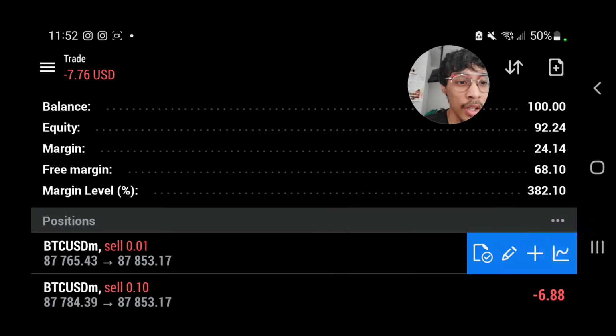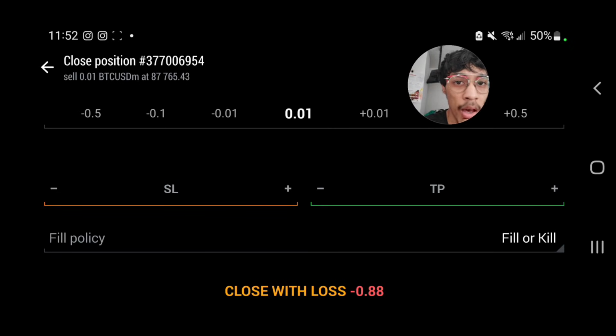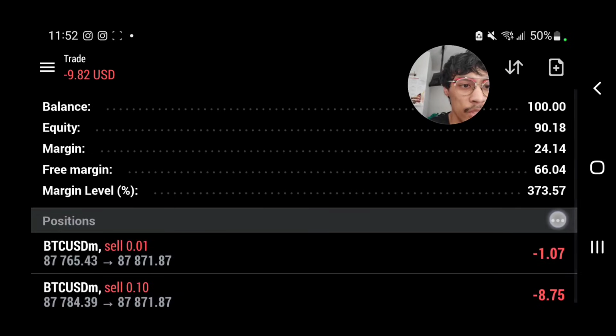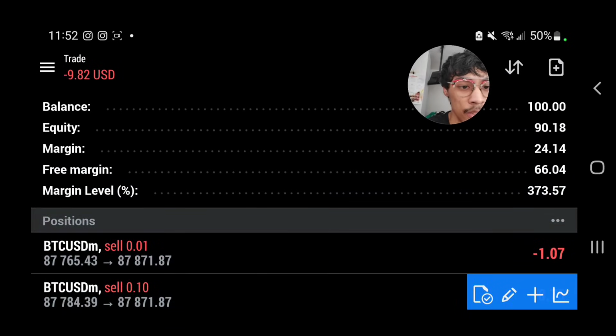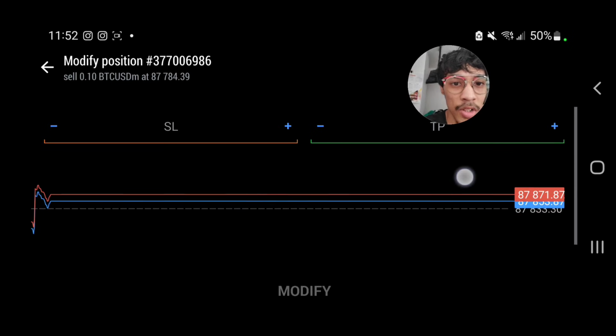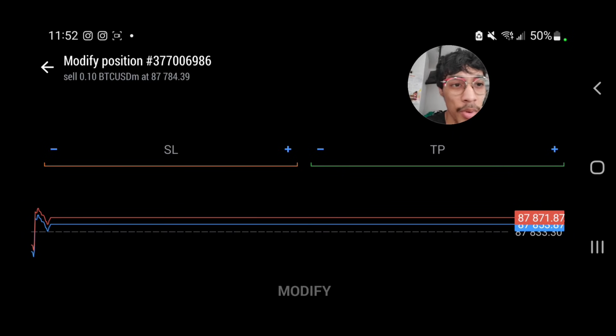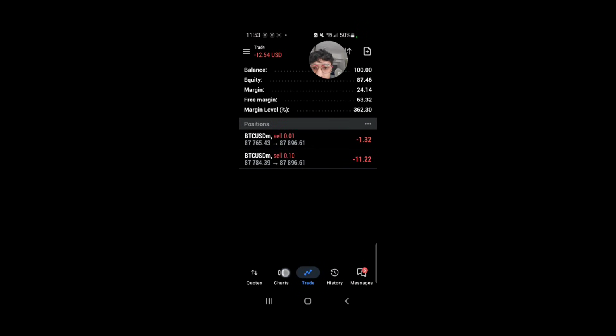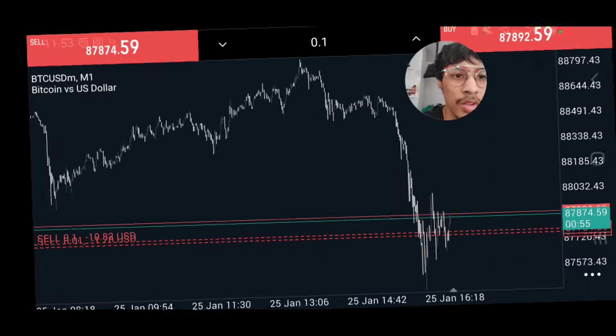You can slide it, press that button, and you can see close with a 0.88 loss, right? You can close with that, but I prefer this way because it's way faster. But once you slide it, the pencil icon, you can modify it. What if I had a stop loss or take profit? You understand? So when I go back to the screen, the chart, all right, I go back to the chart